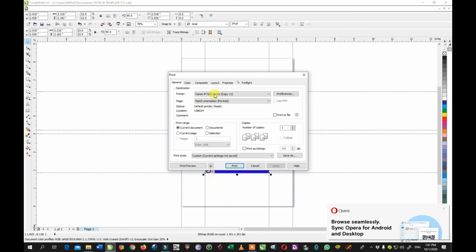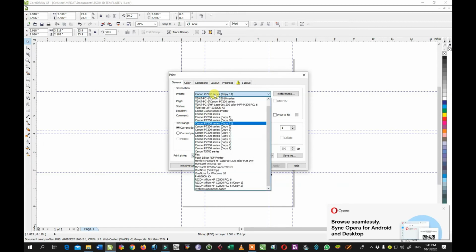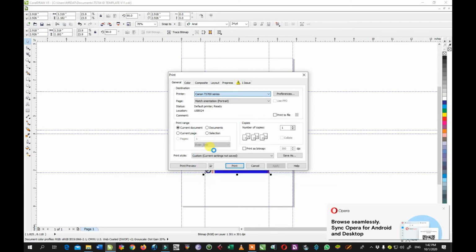Then you select your printer. Canon TS 700 series. That's the printer we're using. This tutorial is specifically made for Canon TS series. So when you select the printer, you go to preference,